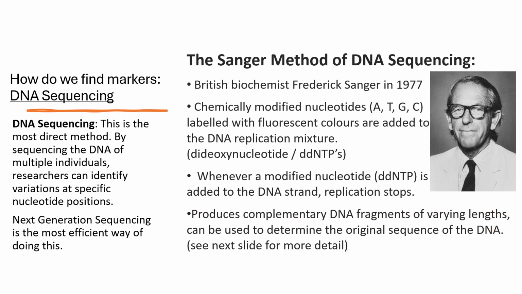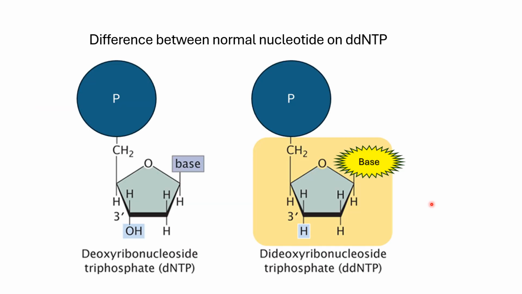So let's look a little bit closer at that. So here's your di-deoxynucleotide. Okay, as you can see, di-deoxyribonucleoside triphosphate. So it's got a triphosphate base on it. And the normal one has got this, we call that a hydroxyl group, OH. And the base does not glow like this one glows. Okay. Now, what I imagine he's a Prof. Sanger or a Dr. Sanger, or let's just call him Frederick. What Frederick Sanger did is that he,